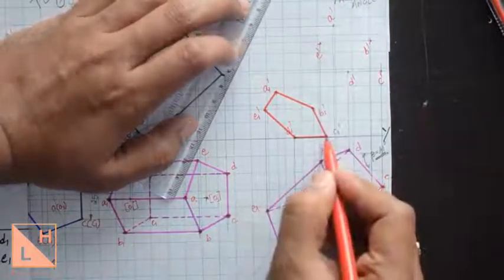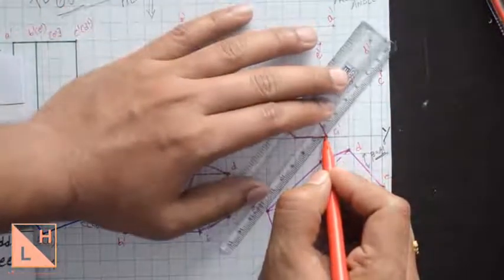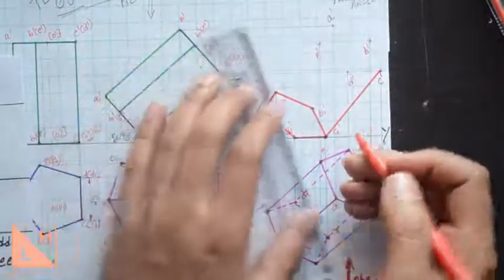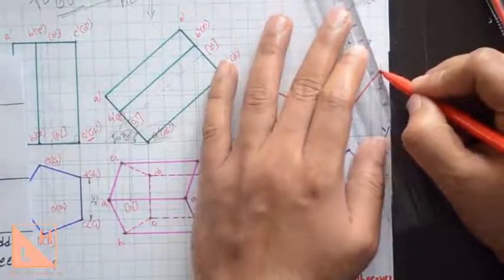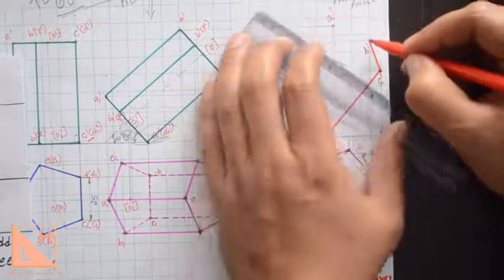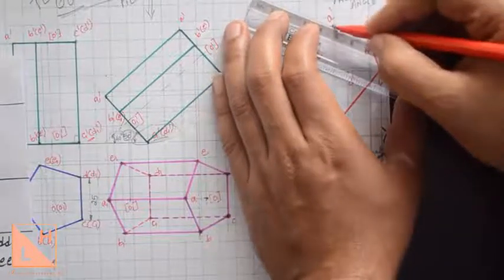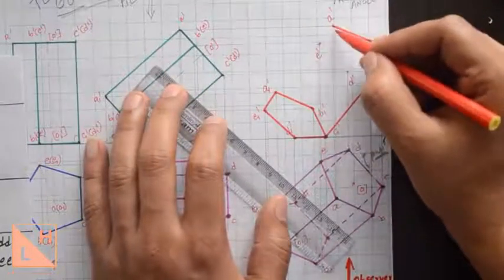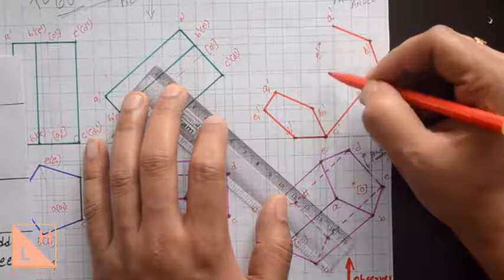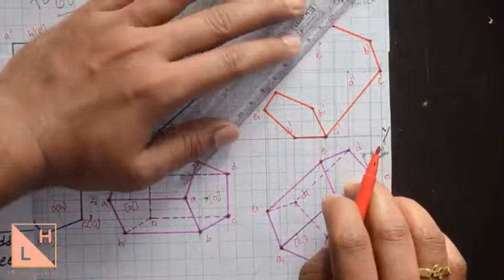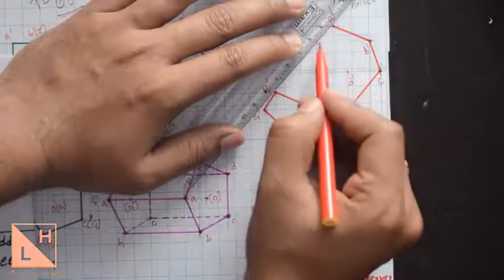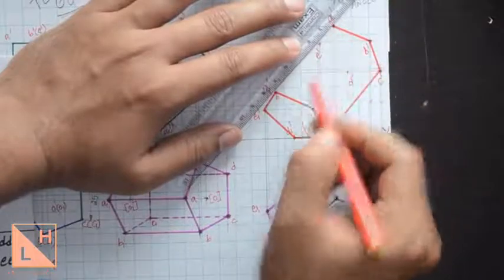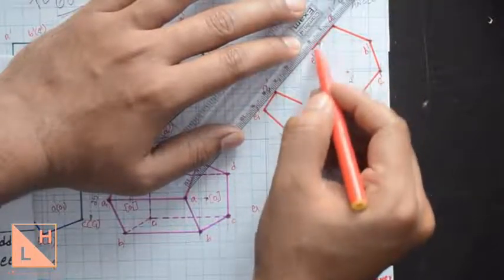So let us select this outermost point, which is C1 dash, and start drawing the outermost boundary. From C1 dash we'll connect it to C dash, and from C dash to B dash, B dash to A dash. Do not bring it inside, as we already discussed a few minutes back. E dash is actually inside, right, when I hold the scale from A dash to A1 dash. So let us not connect inside, I just need to draw the outer boundary. So join the line from A dash to A1 dash with a visible line.